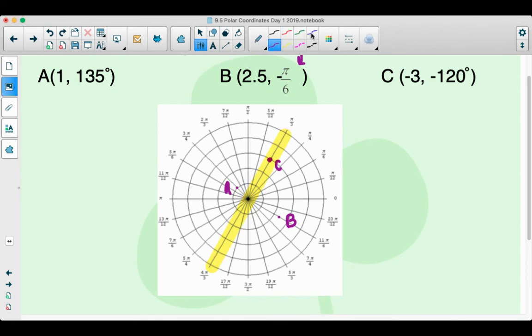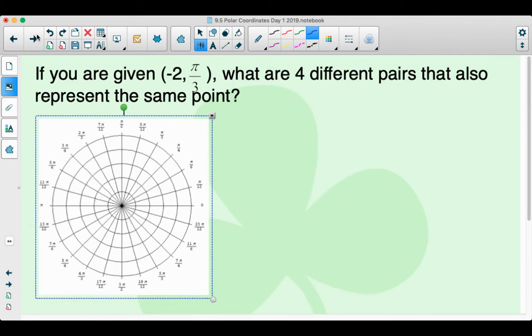But as you can see, that also landed in the same spot as 3 comma 60 degrees, or 3 comma pi thirds. So when you're working with this, you should recognize that some of these are going to have more than one